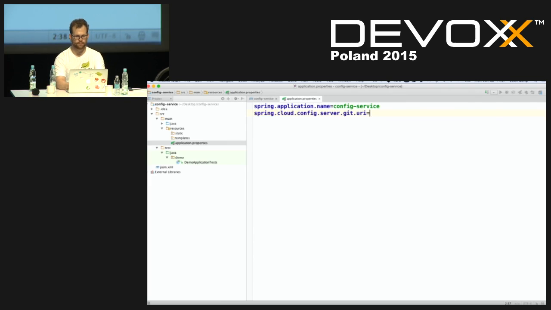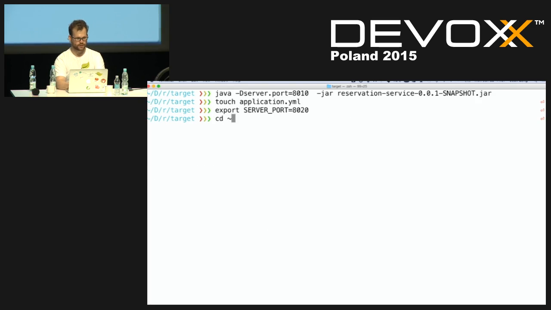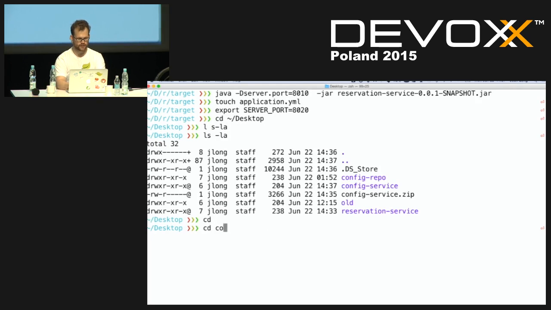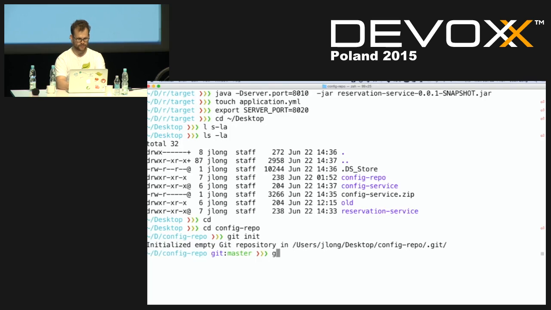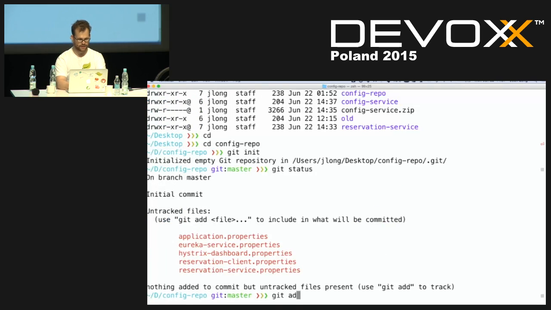So what I'm going to do is point it to a local repository on my file system, but it could be an HTTP GitHub URL or GitLab or whatever. I'm going to say use this Git repository on my desktop in my config repo folder. That configuration lives here, right? So cd config repo, and you can see I'm going to do git init, great, git status, git add,